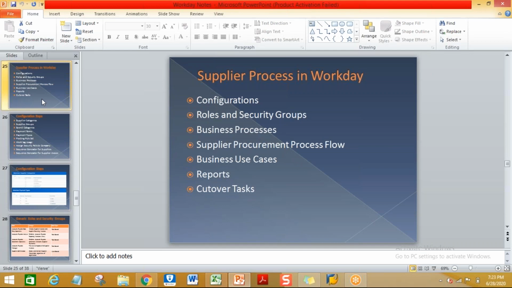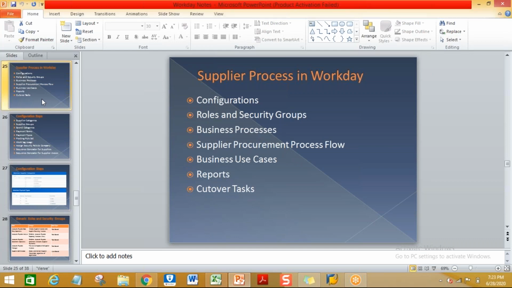See, the first thing is, before starting the project, the client will check what Workday is, what kind of solutions they are providing, and whether the solution fits their business or not. Then they will start to think of implementing Workday.